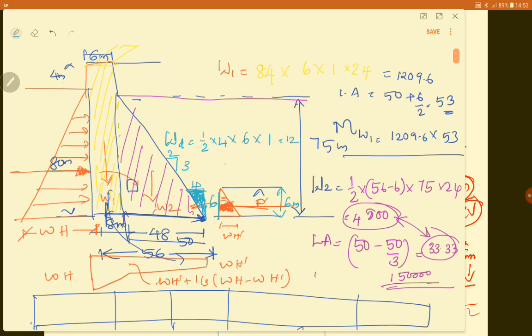What is the lever arm there? That is 4/3. The lever arm is equal to 4/3, that is equal to 1.33. So what is the moment? The moment is equal to 16, right? So you have 3 forces as well as 3 moments, right? 1, 2 and 3 forces as well as 3 moments.